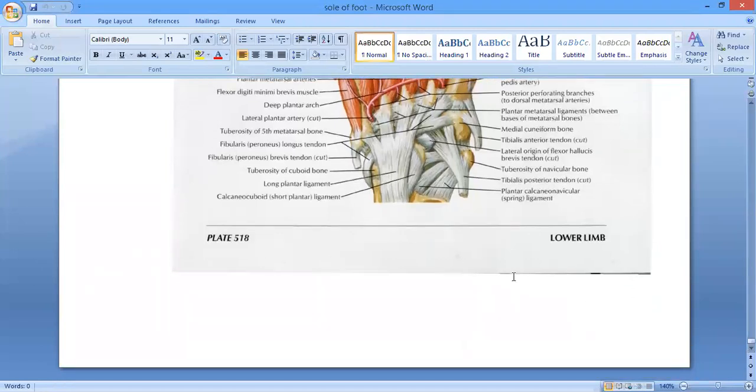कौन से हैं जी? One is the tendon of the peroneus longus. Over here you can see the peroneus longus tendon, and this is the tibialis posterior tendon. Clear जी? So again, in the fourth layer, we got the two muscles, the dorsal interossei and the plantar interossei, and the two tendons, the tendon of the peroneus longus and the tendon of the tibialis posterior. Now we'll talk about the tendon of the peroneus longus.